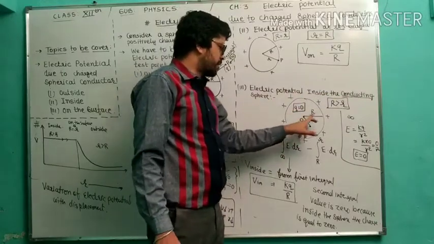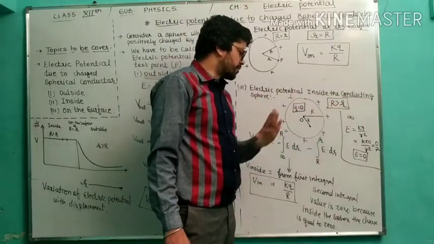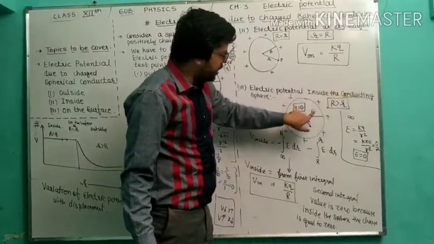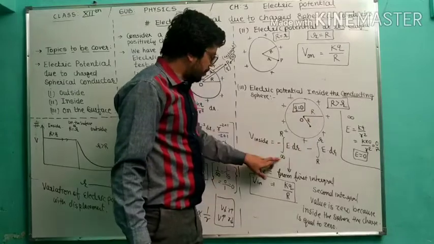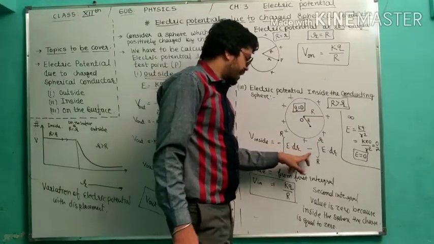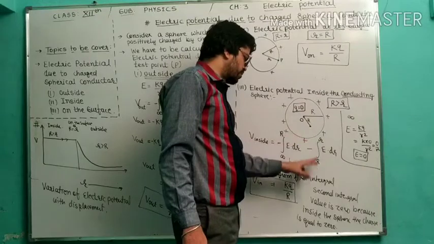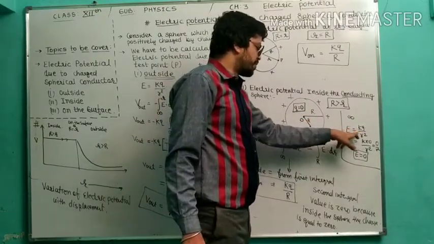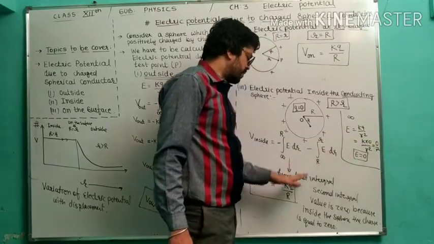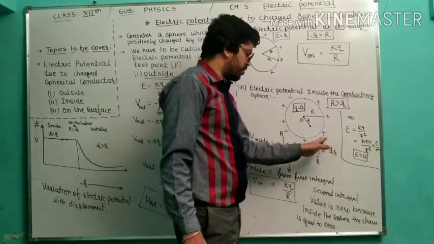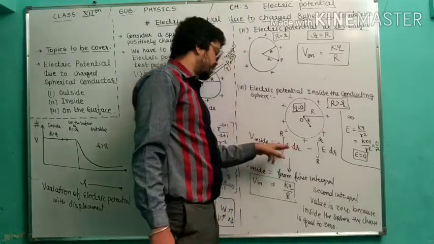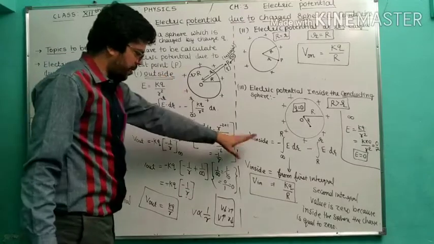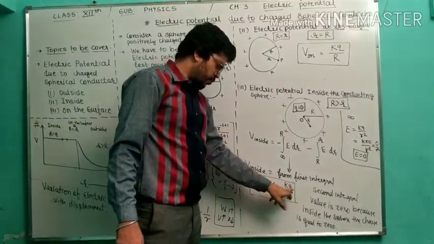So we draw the diagram. Here the condition is capital R is more than small r. Where are we bringing this charge from and to? From infinite to a definite point, which is small r. So first infinite to capital R, with a negative sign. Again a negative sign, we have to do the integration inside also, so capital R to small r we are bringing this charge. But charge is not present, so electric field is equal to 0. Obviously this second integral is 0. And the first integral we already determined here. The only change is that small r is replaced by capital R. So I replace it with kq upon capital R.